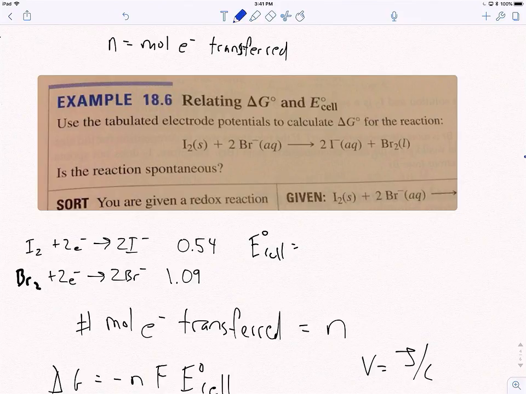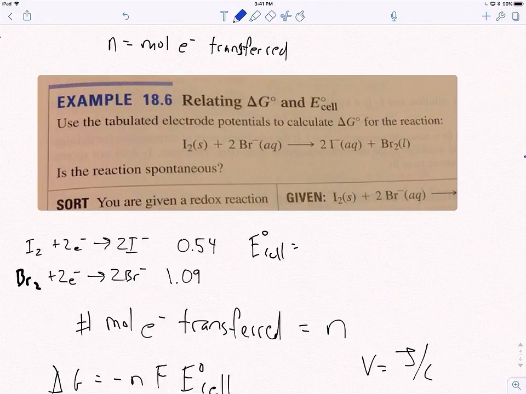Iodine solid plus 2 bromides makes iodide and bromine. To save you the suspense, these are the electric cell potentials. Iodine reduction potential is 0.54. Bromine reduction potential is 1.09. So in this equation here, remember when we balanced the